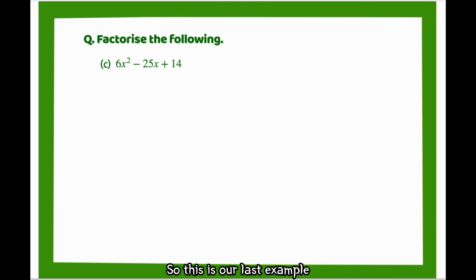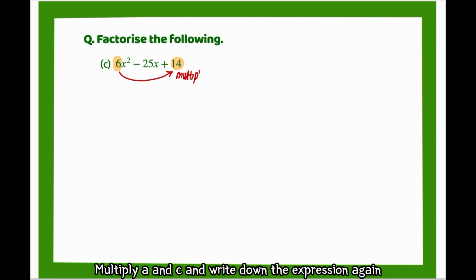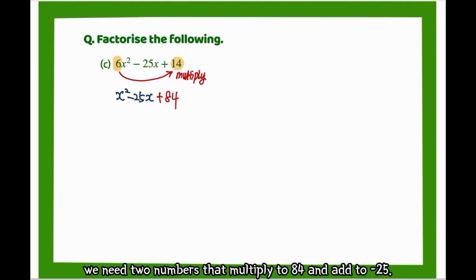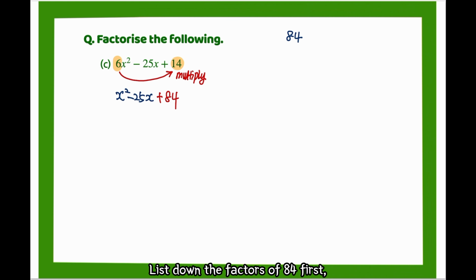So this is our last example. Multiply a and c and write down the expression again. x squared minus 25x plus 84. And now we know that we need two numbers that multiply to 84 and add to minus 25. List down the factors of 84 first,